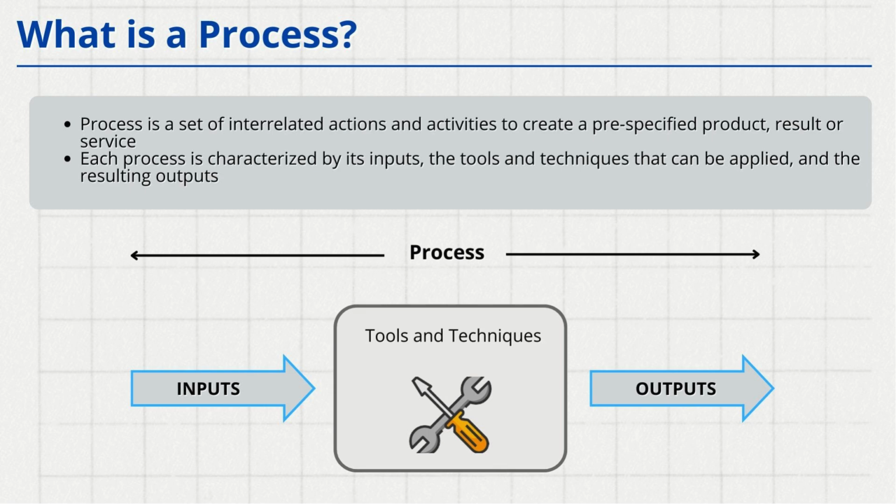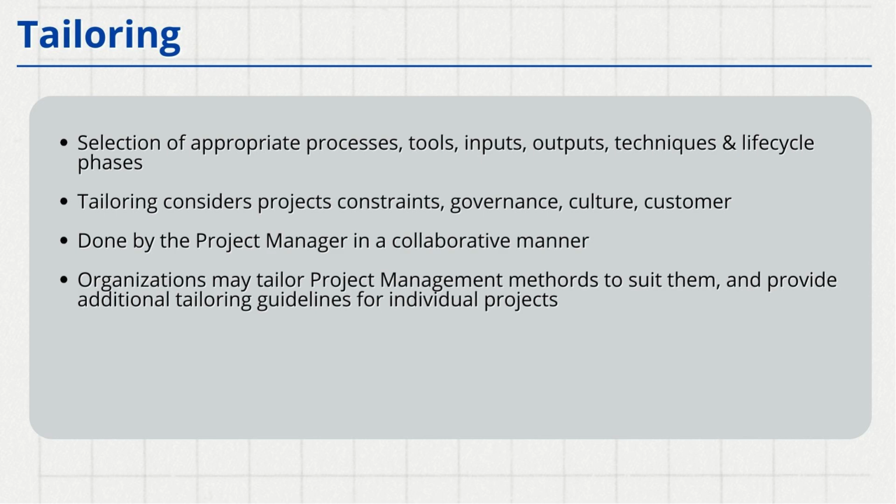Whenever we come across a process, always remember that there are certain inputs that need to be used to initiate the process. We also need to use certain tools and techniques to make the process more efficient and effective. Furthermore, there will always be an expected output at the end of the process. It is essential to know what the expected output is before starting the process. That is the essence of a process. Of course, we are going to learn more about processes as we proceed.